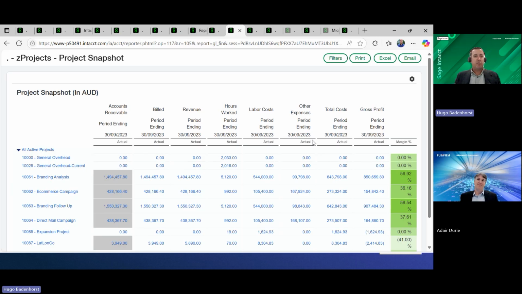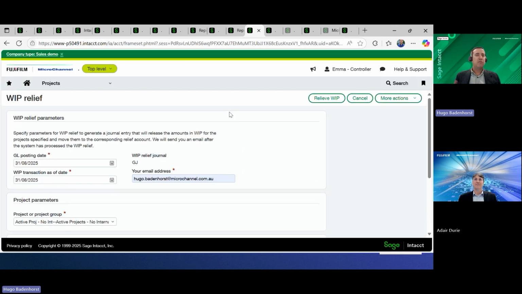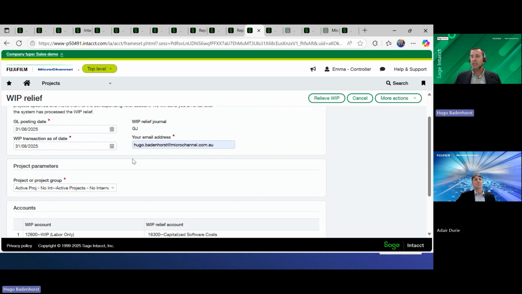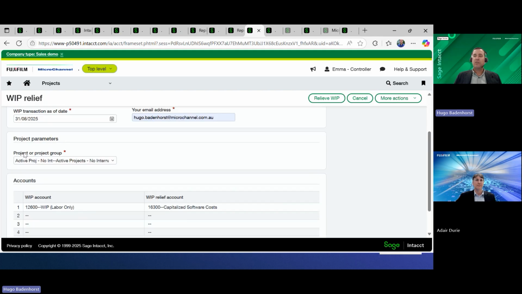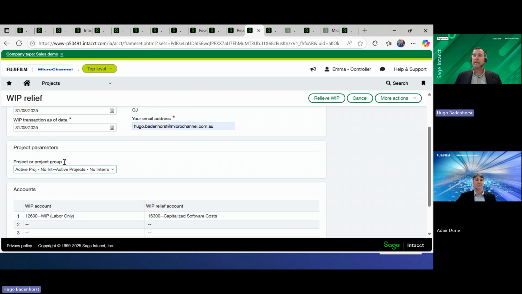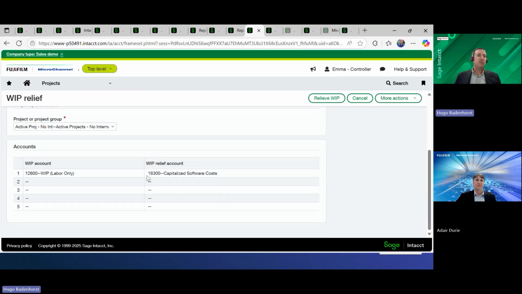Now, that's revenue-based costing. If it is just capital work in progress or any capital works that you're doing, software implementation, anything like that, we also have the ability to bring through WIP relief. Because we assign everything to a project, we can get to a point where we say we've completed the project, our software implementation is complete, we want to capitalize all of the expense that we've incurred so far. Everything is processed into a particular work in progress account, so once we run the WIP, you can decide on a particular project or group of projects at a point in time to release that into a fixed asset or into inventory items.